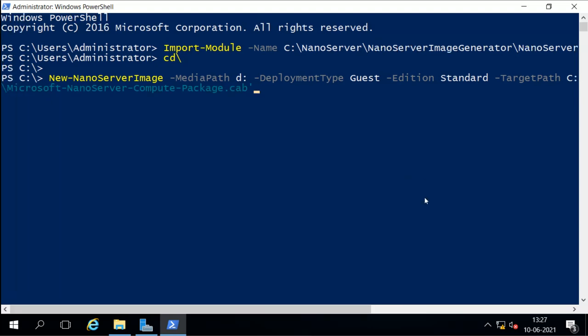Here we have different packages: Microsoft Nano Server Compute package, container package, DCB, DNS. It depends on what we want to create. I want to install this Microsoft Nano Server IIS package.